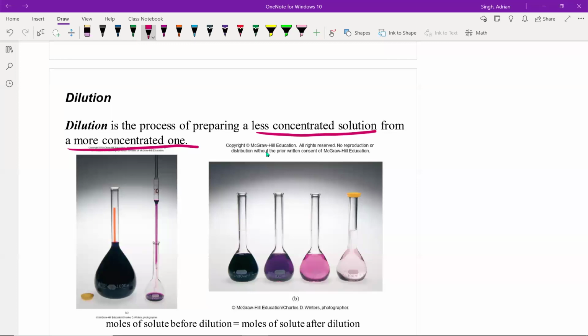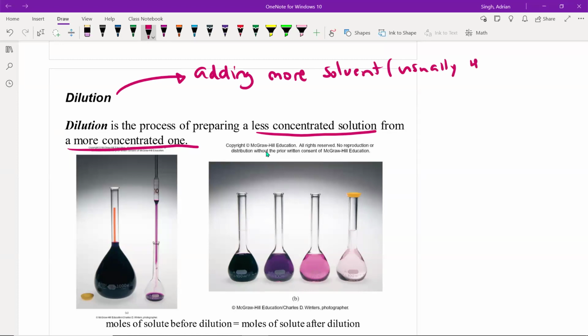So if you think about it, when you dilute something, you're adding more solvent to that original solution. Okay. And in most cases, that solvent is water, so usually H2O for aqueous solutions. So if you add more solvent, what happens to the volume? Well, the volume obviously has to increase. And if the volume goes up,